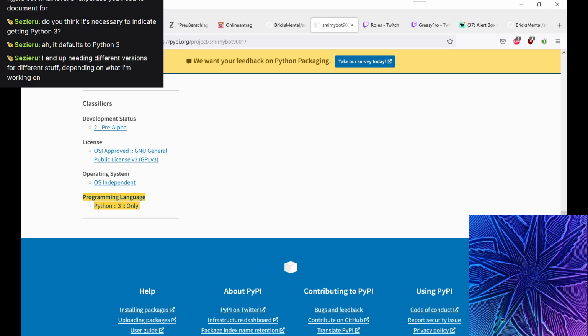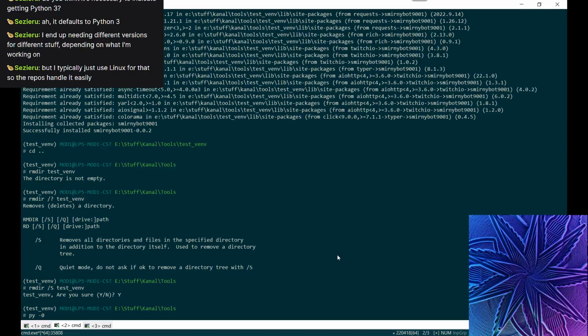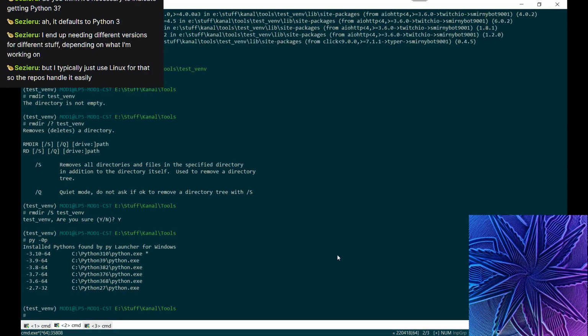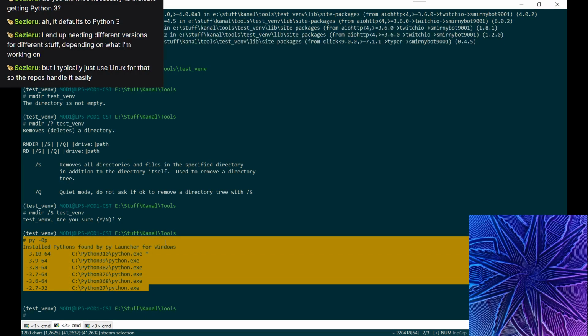Yeah, same here. I also have a number of Pythons installed. Do you know this PyLauncher? This is one that we are starting to use. This is for Windows. It can be a really handy tool, so that you can see the installed Pythons and switch between them. But this is only necessary for Windows. Under Linux, it's of course much more simple. But for Windows, this PyLauncher can be quite good.